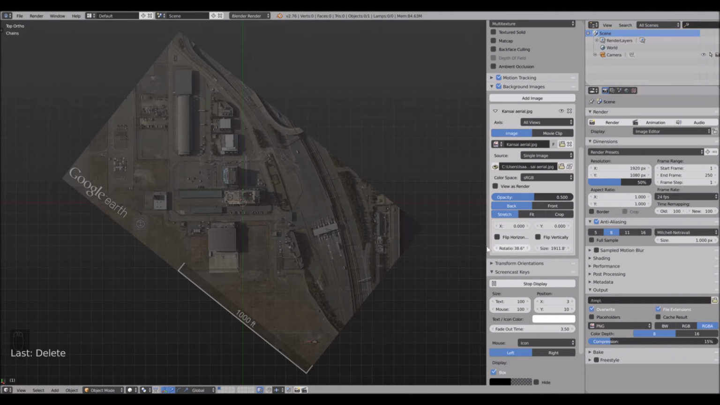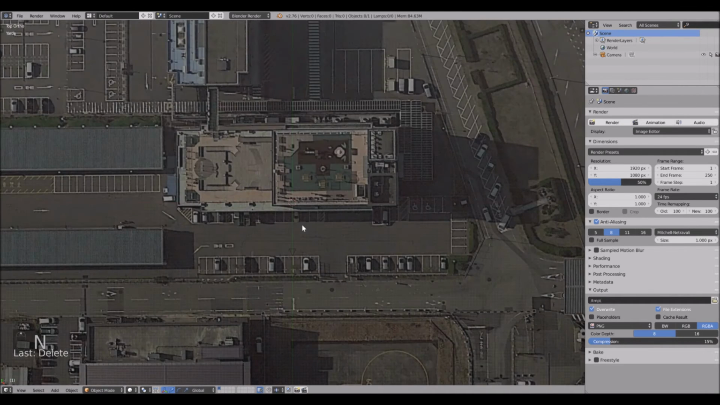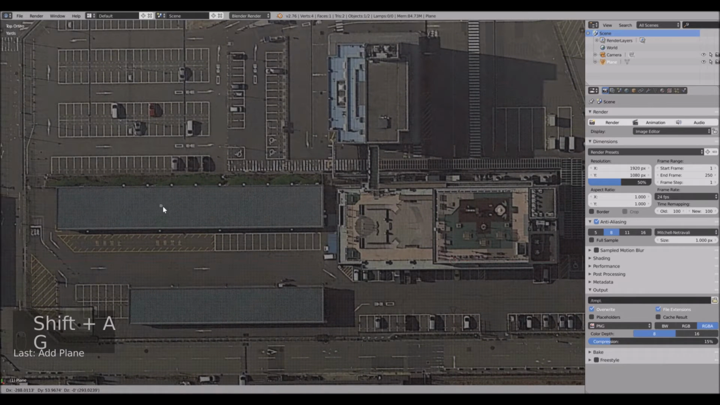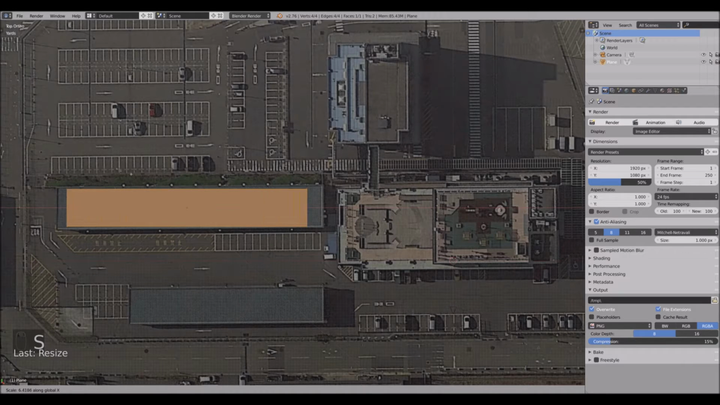That looks about right. Okay, now I'm going to add a plane, move it to the center of this building, tab into edit mode, scale it up, scale it along X, Z to go into wireframe mode, S Y,